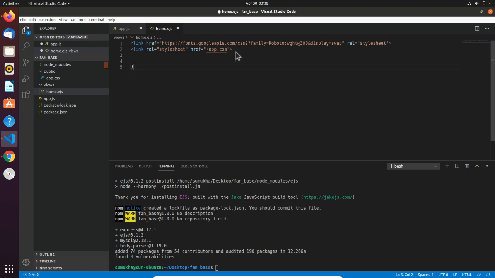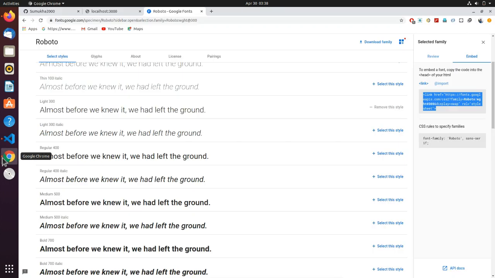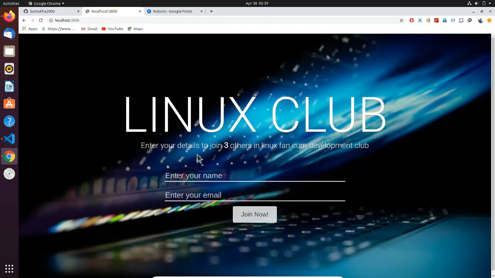So now let's create the form here. If I go to this app, we need a form, right? This is a form, right? Name, email, and a button. And also we have to type this Linux club, enter your details to join this number of people, correct?